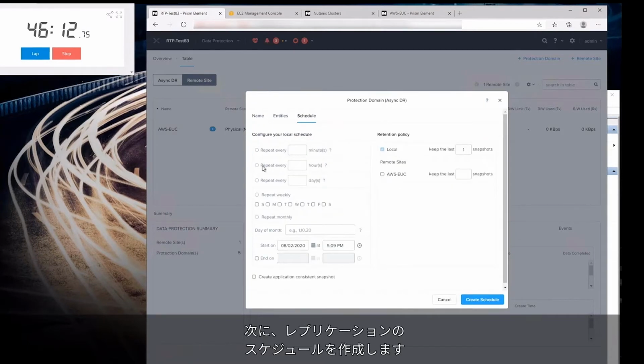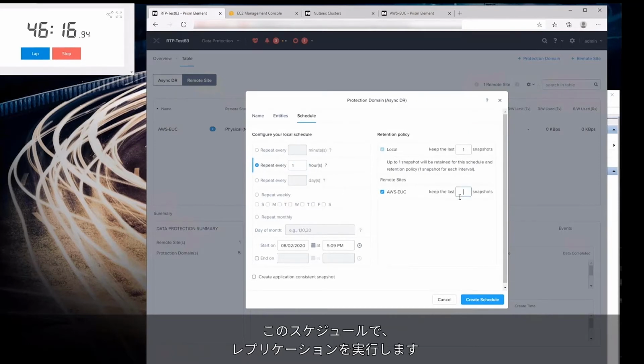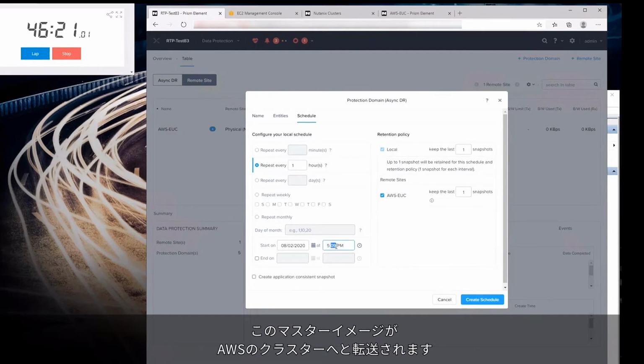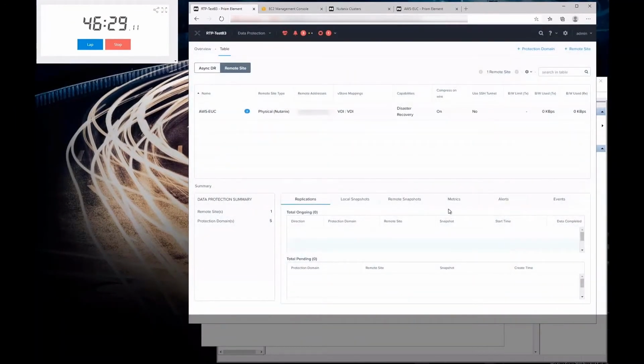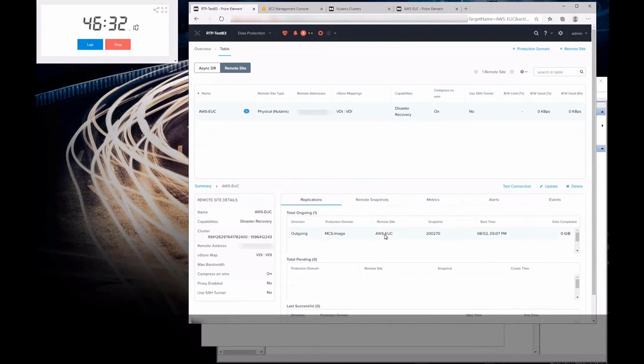Now we'll create a schedule for replication. And on this schedule, I'll make sure that it starts replication right away to get this image over to my cluster in AWS. Now that my replication is running,